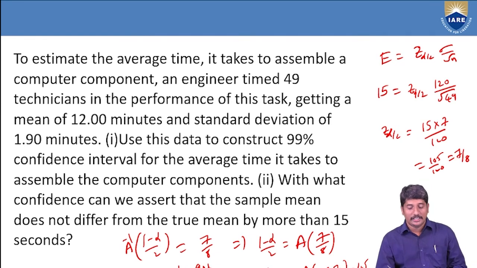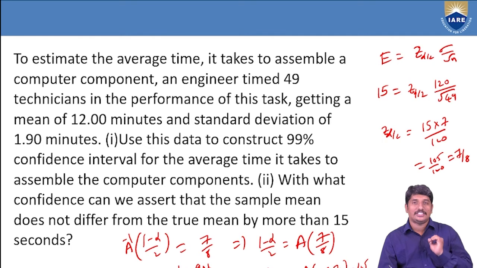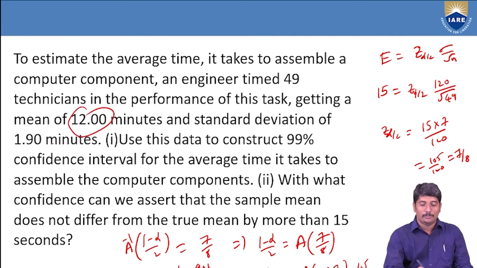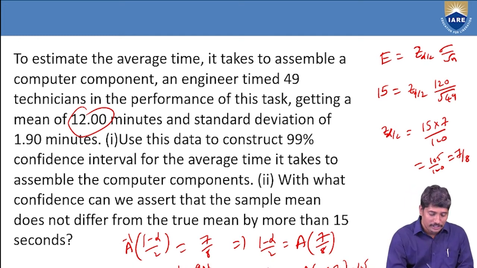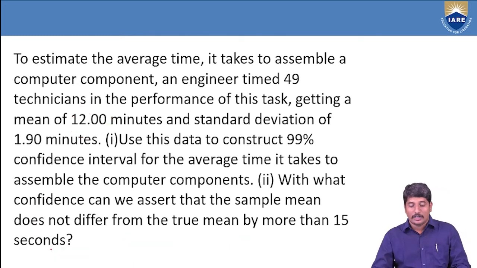That means we are saying that with 88% confidence, the difference between our estimated 12 minutes and the original population mean mu will be less than 15 seconds, and we are confident at 88 to 90%. That is what we ascertain from this problem. Now we'll see one more application to understand interval estimation and the confidence interval more